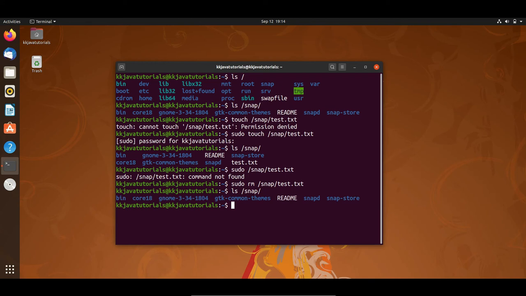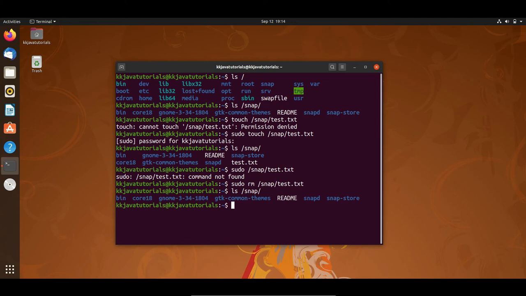Even if you want to remove this directory, you can easily remove it. So I'll write rmdir and the directory name, mydir, and it says the directory is not empty, failed to remove. If this does not get removed, then try to delete with -r.